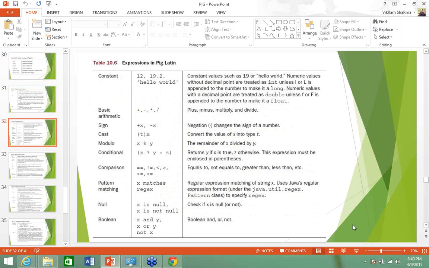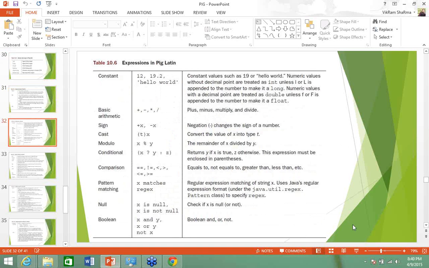Now we have certain expression types in Pig Latin. What are the different expression types in Pig Latin? First, we have constants. What exactly is the meaning of constants? Constant simply means that whatever value we want to fix should not change in our Pig Latin scripting. Suppose we are going to find the area of a circle. The formula is pi r square, where r is the radius of the circle. In that case the value of pi will always be fixed, so we can directly fix anything like pi.